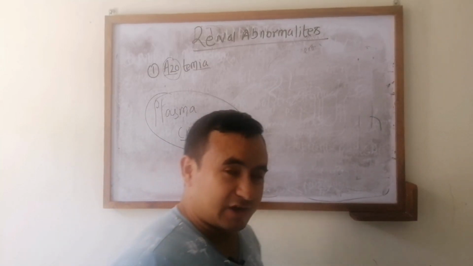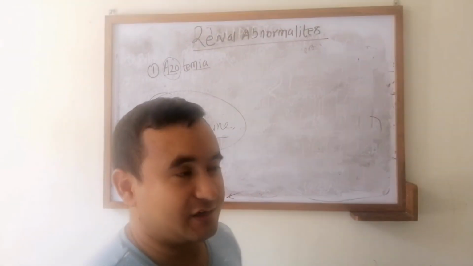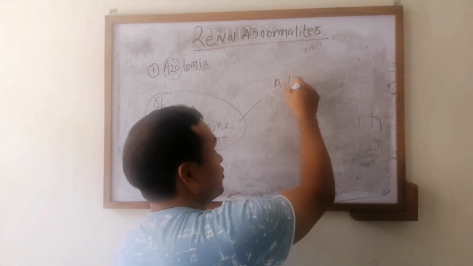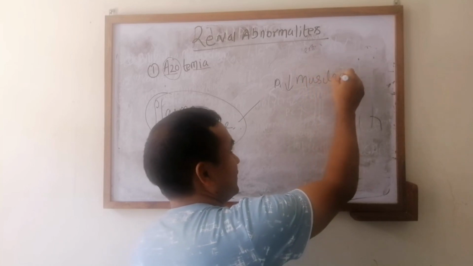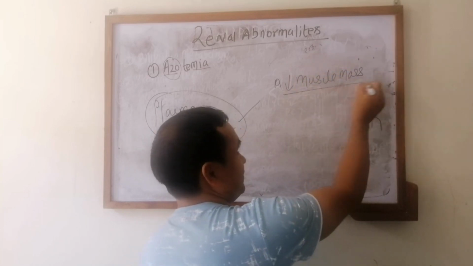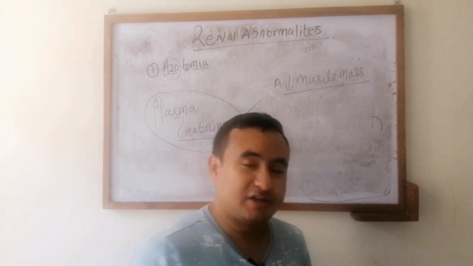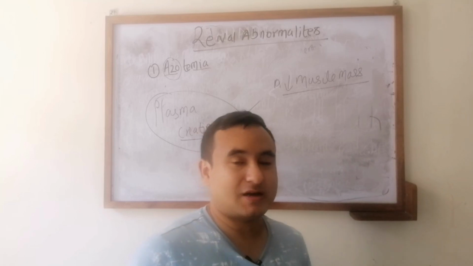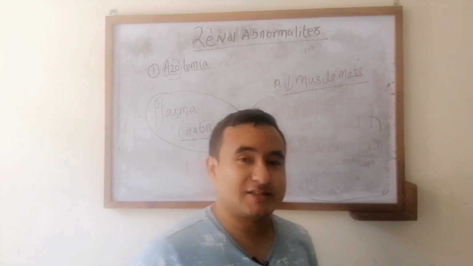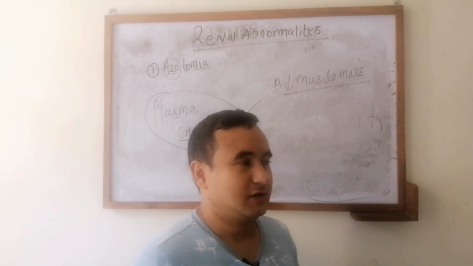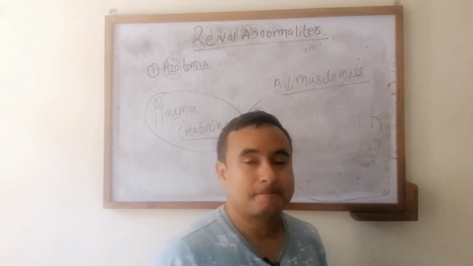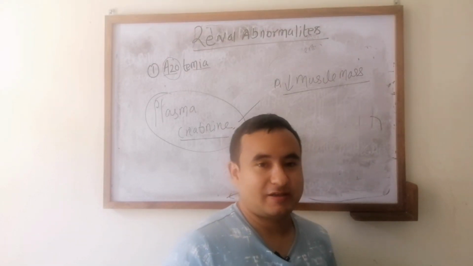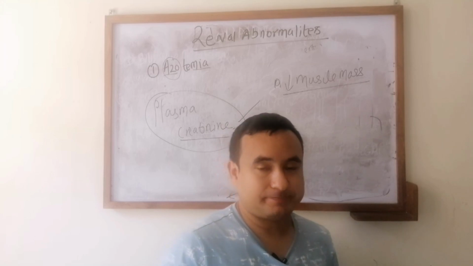When can the plasma creatinine level not reflect the actual eGFR? In a person who has reduced muscle mass, like someone taking steroids for a long time, which reduces muscle mass. If someone has an advanced disease, cachexia, because of the low muscle mass, it can decrease the plasma creatinine and may not reflect the actual eGFR.